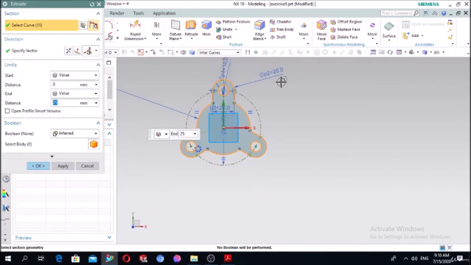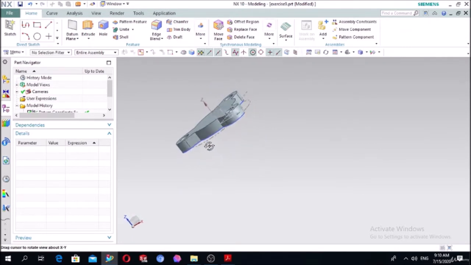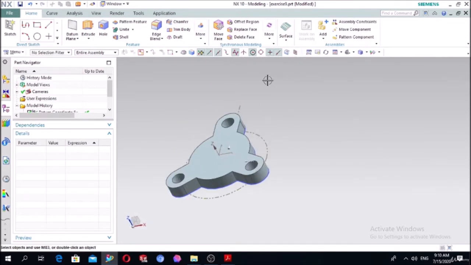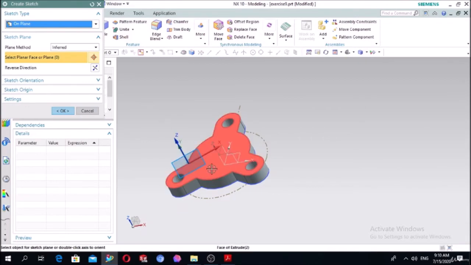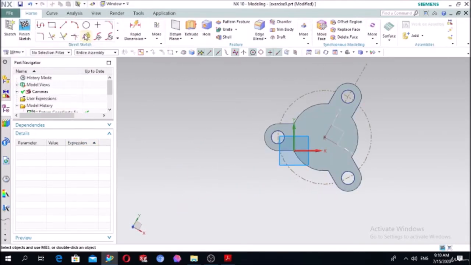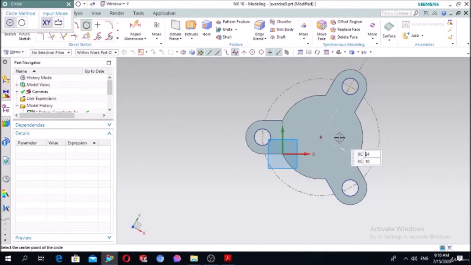The extrude is around 10 millimeter. Press OK. So the base is created. Now let's draw the next elements of the project. Select the sketch, select this face, press OK. Draw the circle in the middle